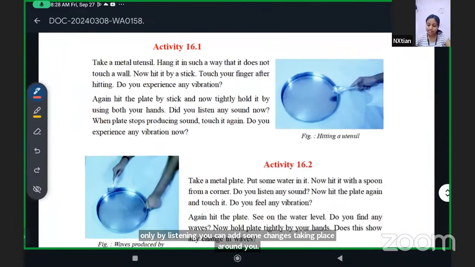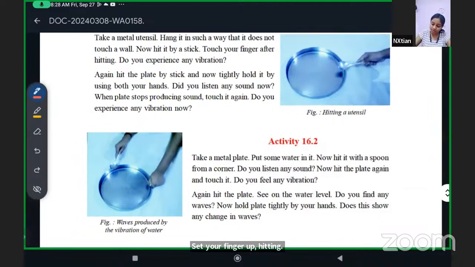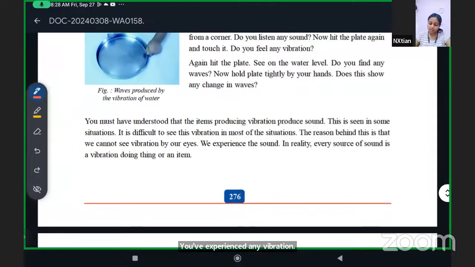Now, this is another activity. Take a metal utensil, hang it in such a way that it does not touch a wall. Now hit it with a stick. Touch your finger after hitting. Do you experience any vibration? This is about vibration. So, items producing vibration produce